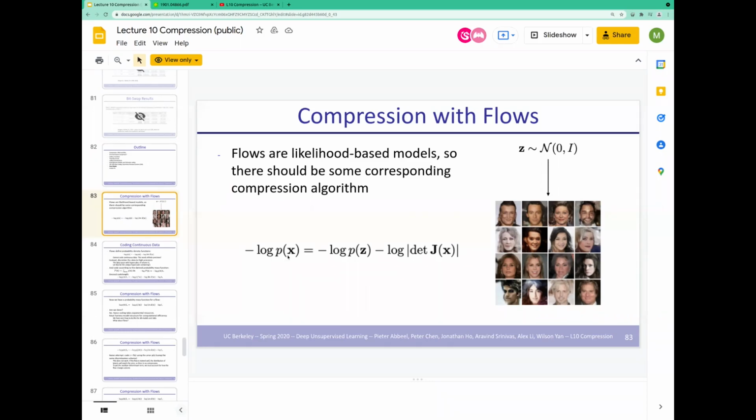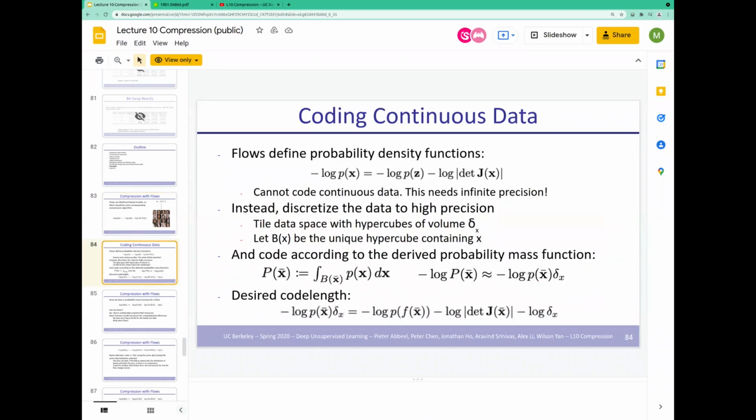So a flow also gives us a probability distribution, so we should be able to do it. We have these density functions, so we cannot code continuous data, which is what flows are usually used for. So we have to discretize it to a high degree of precision. And then,